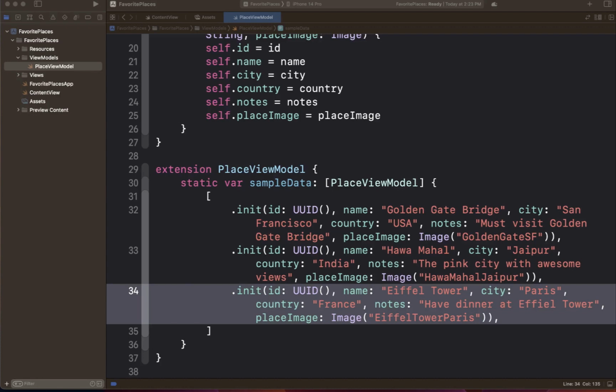Hello and welcome back, and in this video we're going to be creating our places list view model, and we're going to basically create this as a class which is going to conform to observable object, because we're going to have two publishers or published properties, so we can actually update our UI as soon as the new value becomes available. Okay, so ultimately, right now we're going to build this class using sample data,